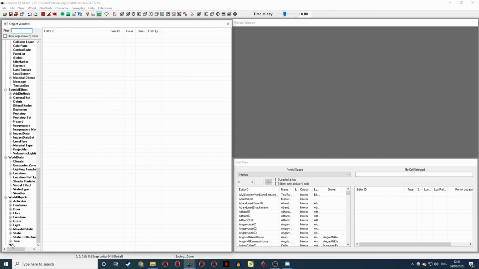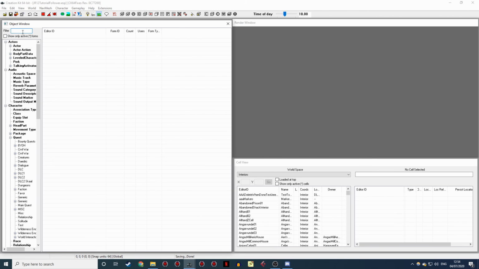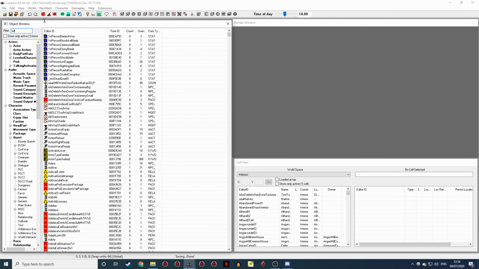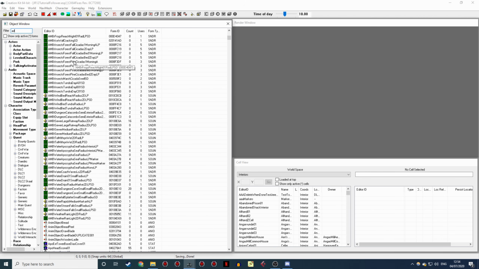And if you want to view them all, you can hit that down there. And then you can start searching through them using this filter. So anything you type in this box will search through all the records that there are. So I don't know, let's just type AD. Here are all the things featuring the letters A and D next to each other. So that's all of our stuff.